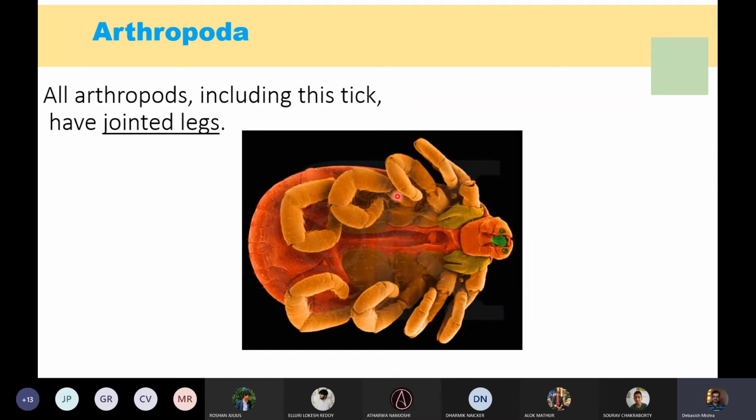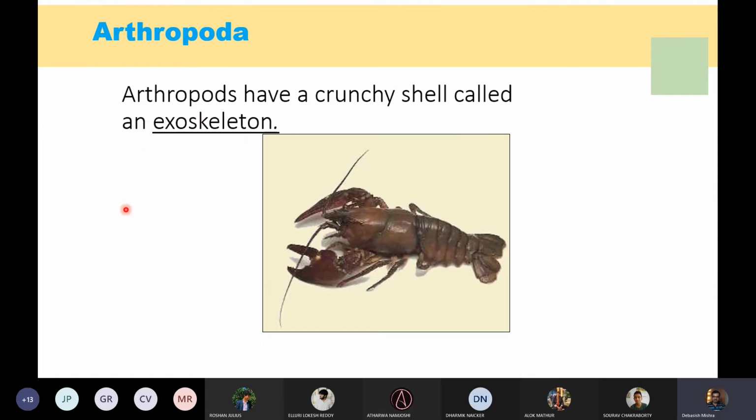So why are they called arthropods? They have jointed legs. You can see their legs seem to be jointed externally. We also have joints, but the joints you cannot see externally. Why do they have external joints? Because they have an exoskeleton. This is made of chitin, and you can see a commonality between fungi and arthropods. They have a chitinous exoskeleton made of carbohydrate.